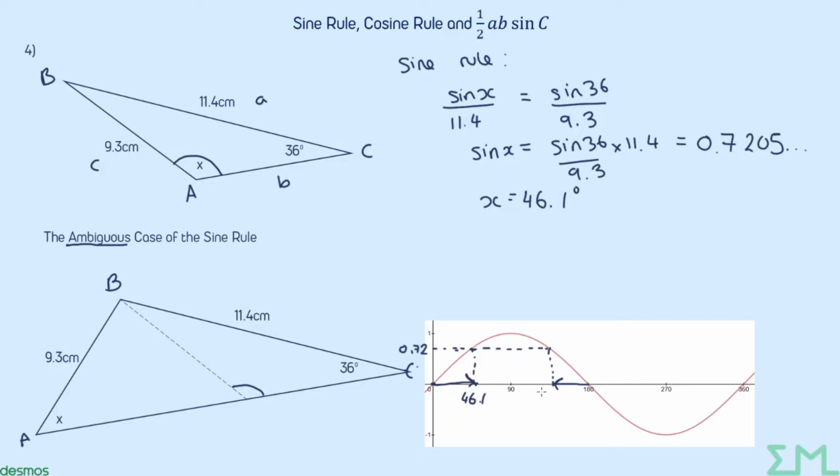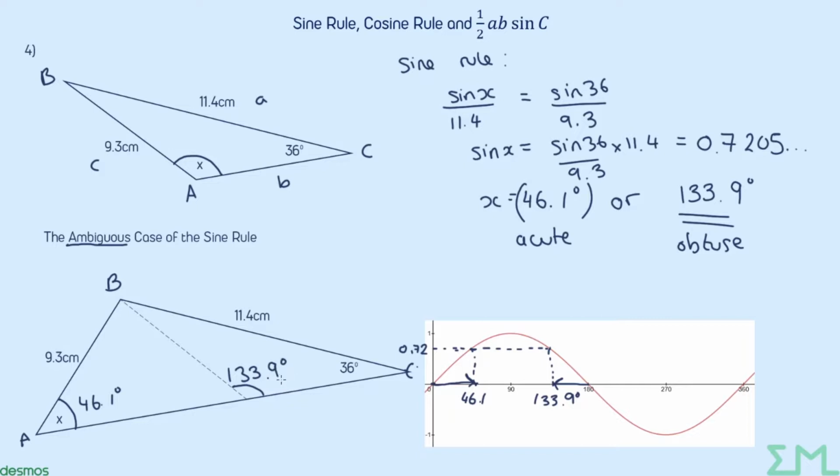Which means we are working with here a value of 133.9 degrees. Okay, so here I would put 133.9 degrees, and actually that's the one that we want for this question, because this value is acute and we want the obtuse answer. Okay, so this one here would have been our 46.1, which would have worked just fine, but we were interested in the